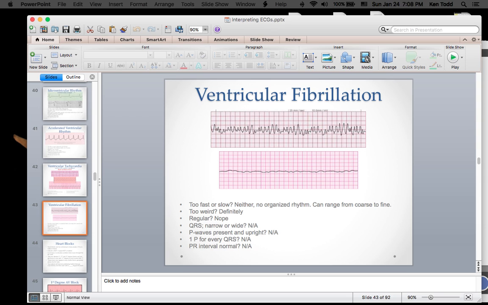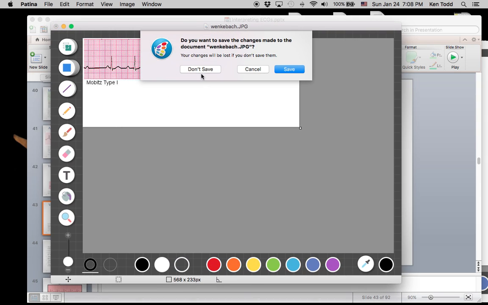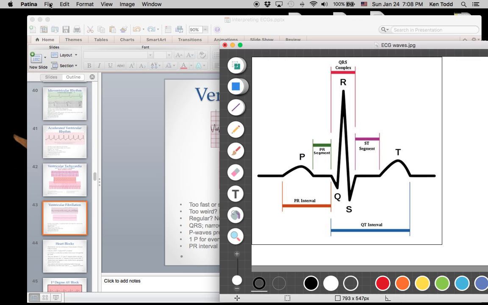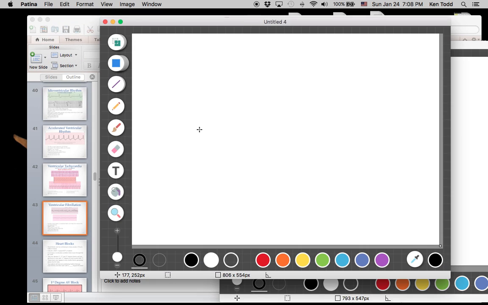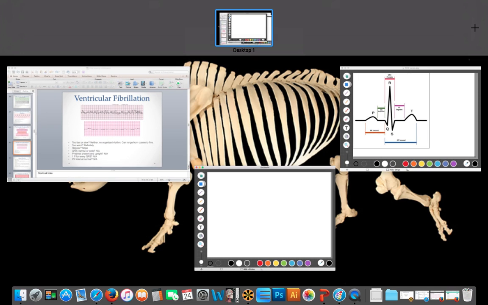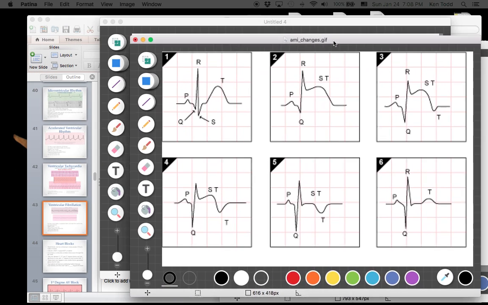So the last thing I want to get into, close that out, is Q wave progression, or MI progression. And that was a big point that Dr. Fitzovich wanted you guys to know. So when someone has an MI,